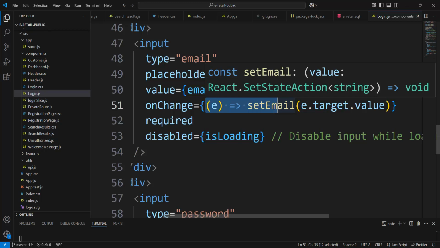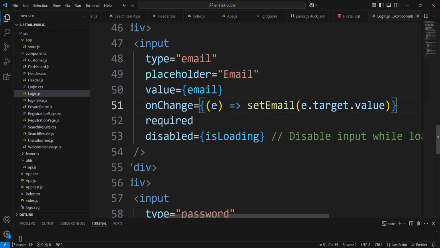And when we call the arrow function, it would be executed, meaning the set email function would be called with the parameter target value. And you see how, thanks to the arrow function, we skip